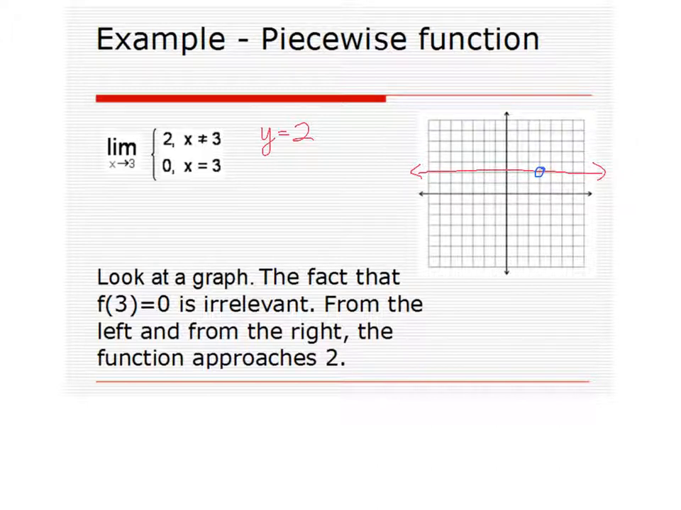And then you do the second piece. And this again is a pretty simple little function. It's just going to be y equals 0. That's a horizontal line. Except that it's only going to be plotted